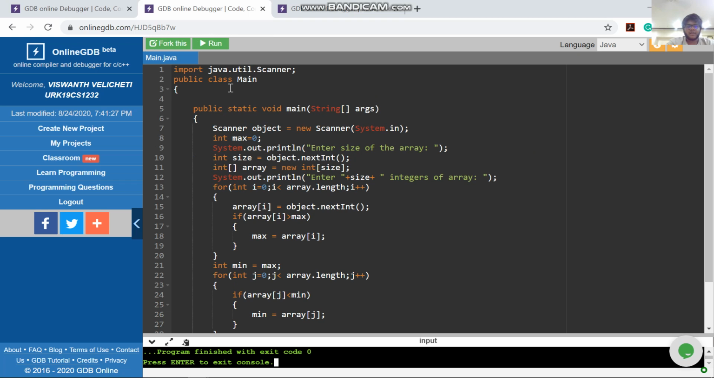The second program is to write a Java program that finds the minimum and maximum value of a given array using arrays. Import java.util.Scanner; public class Main { public static void main(String[] args) { Scanner object = new Scanner(System.in); int max = 0; System.out.println(